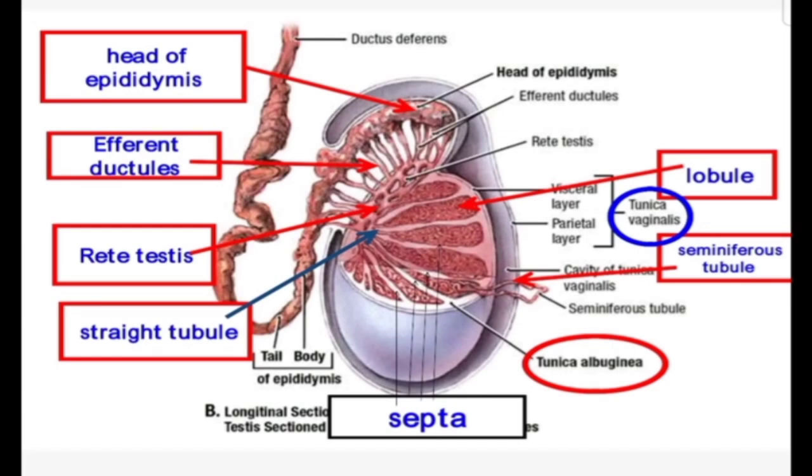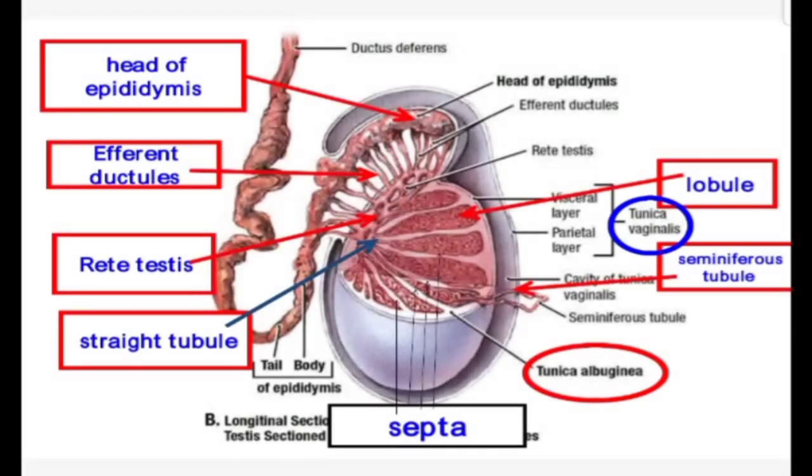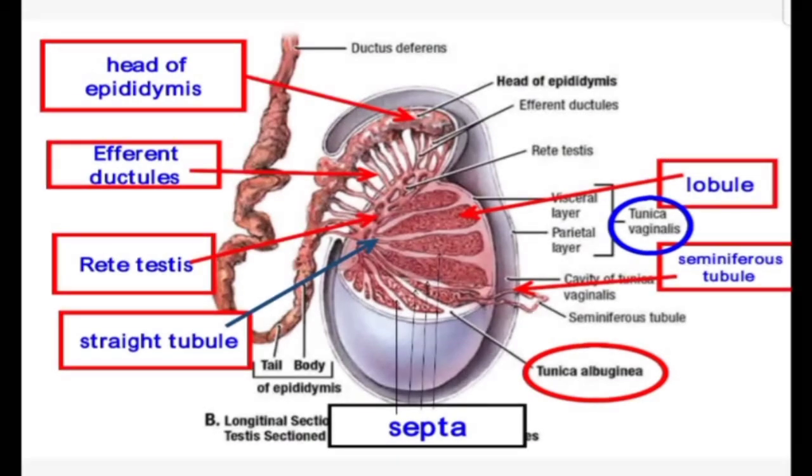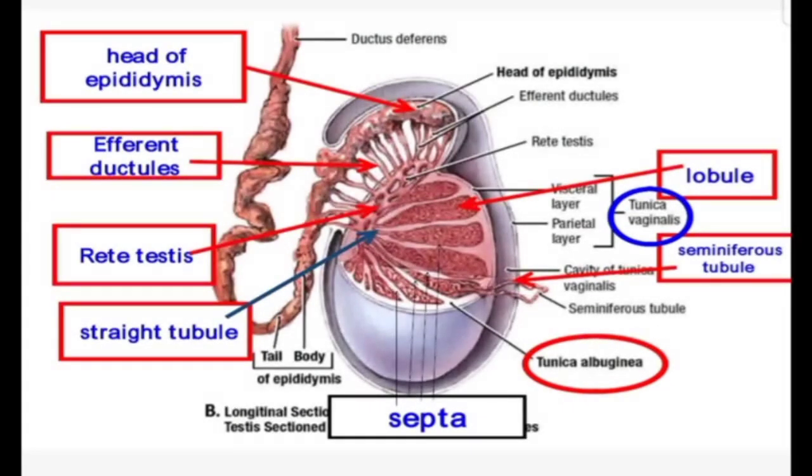And inside this pyramidal shaped lobule there is a tube which is 0.2 millimeter in diameter and about 50 to 70 centimeters in length. This is intricately coiled, a convoluted tubule, and these convoluted tubules are present in these lobules. Towards the mediastinum testis, these tubules become straightened, and here they are known as the tubuli recti, and these tubuli recti then enter into a network of tubules present on this side of the testes, and this is known as the rete testis.